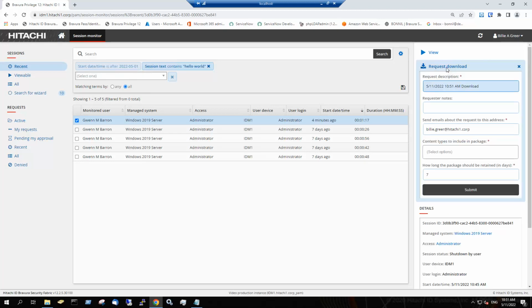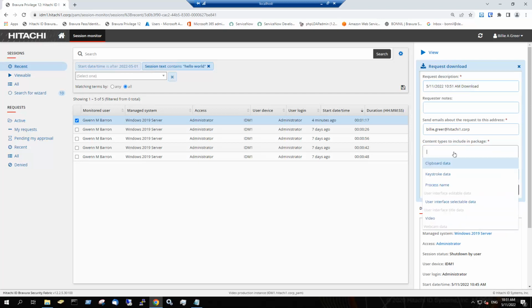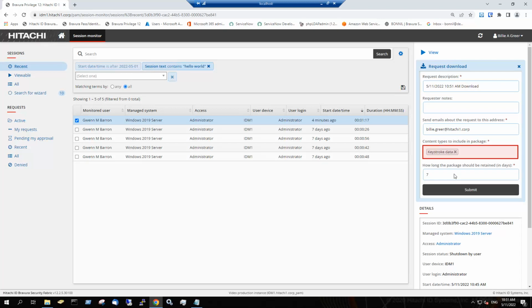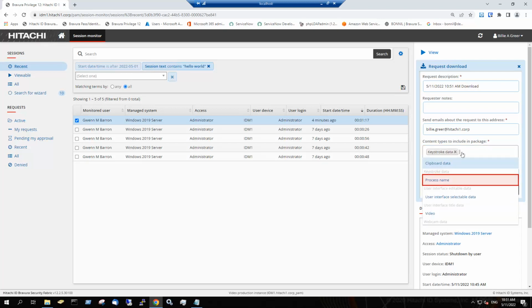This displays a request form. She can add any notes for the request and click on the Content Types to Include in Package field to select the desired options. For this audit, Billy needs the keystroke data, process name data,